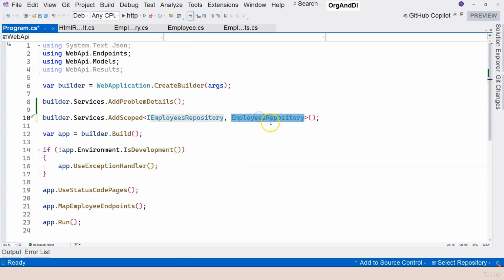But in this case, employees repository, it doesn't make sense to use add scoped, because a scoped employees repository only lives as long as the request comes into the middleware pipeline and goes out of the middleware pipeline and then gets disposed. It's going to be disposed when the request goes out of the middleware pipeline, or at a similar moment. Therefore, for this particular instance, we're going to use add singleton, and you already know the differences between transient, singleton,